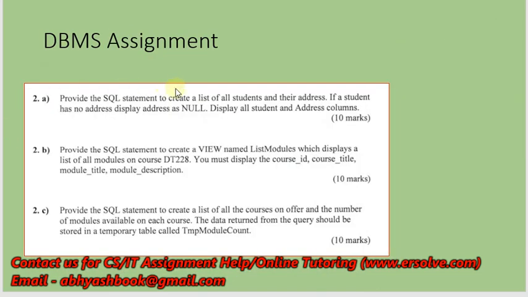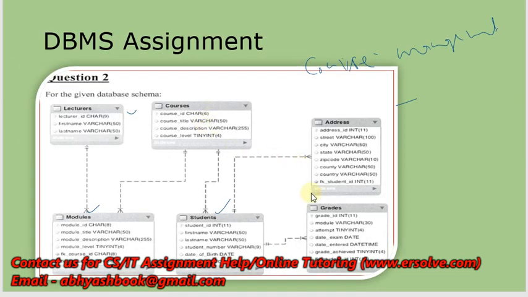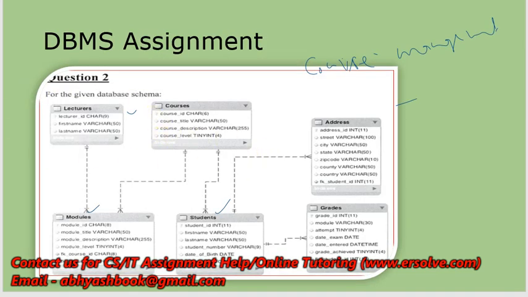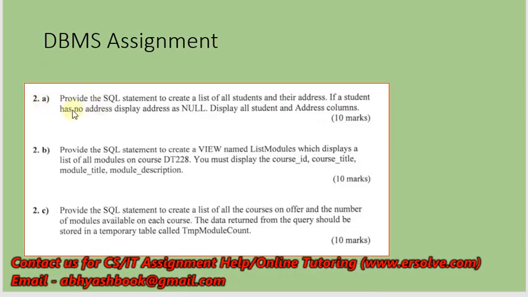From this given database diagram we have to develop queries. Question 1 says to provide the SQL statement to create a list of all students and their address. If a student has no address, display address as null. Display all students and the address column. We have to write the query for this question in part A,